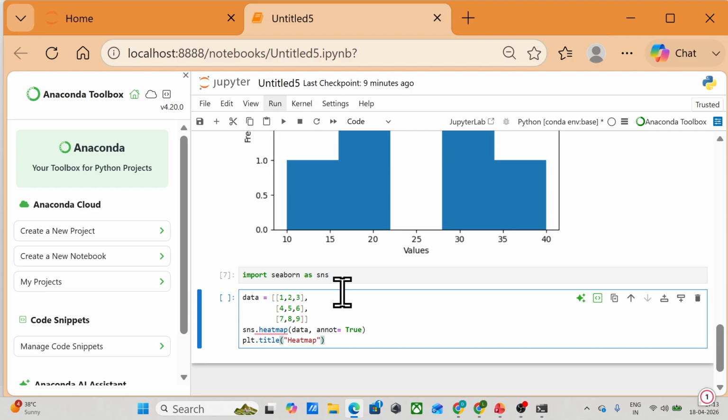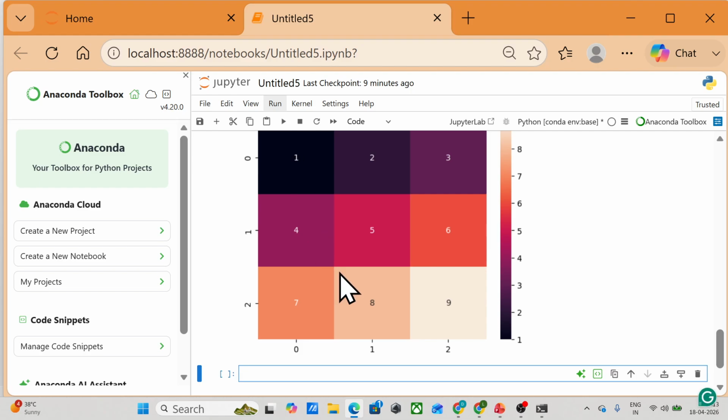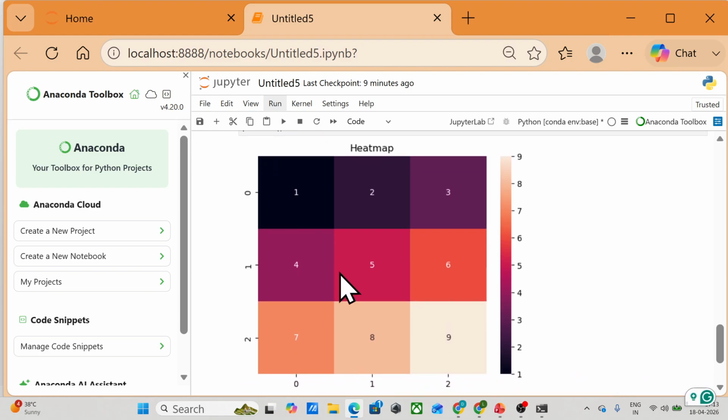Then we'll plot it. So this is our heat map. It is very much used in machine learning.